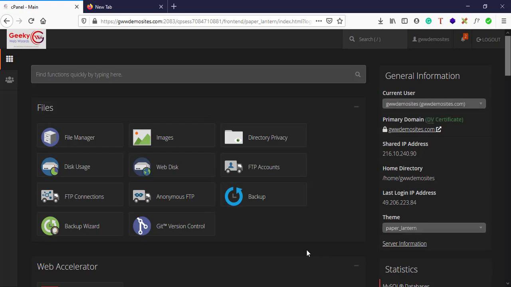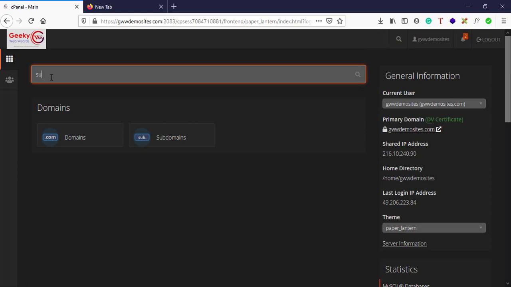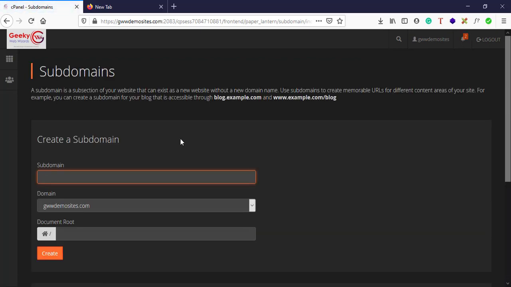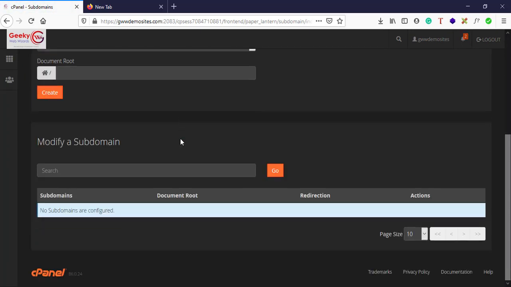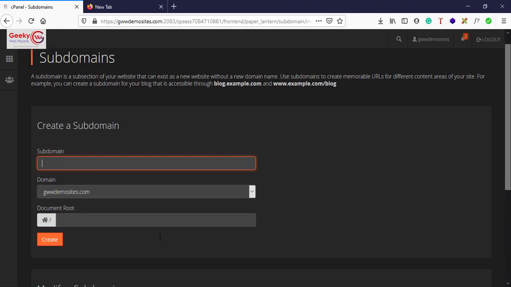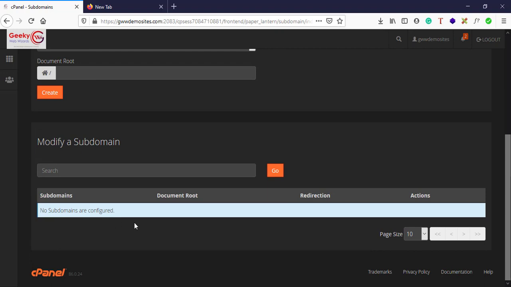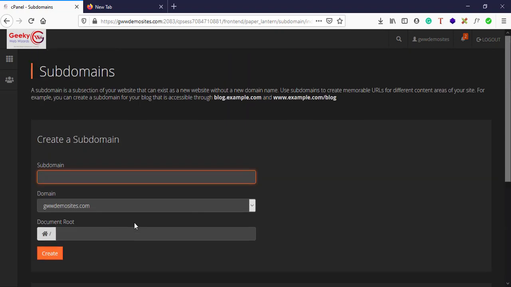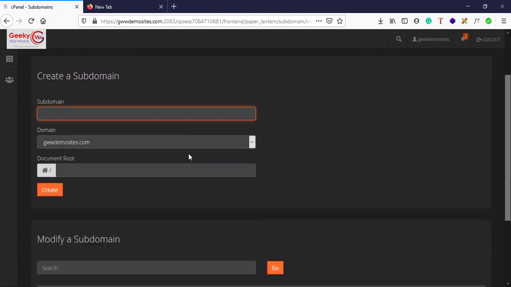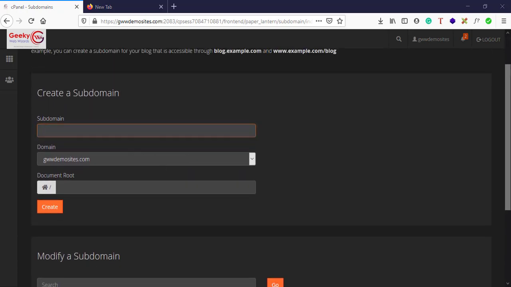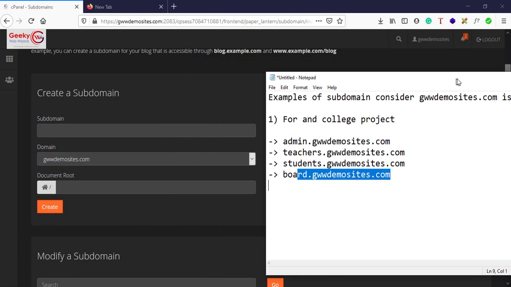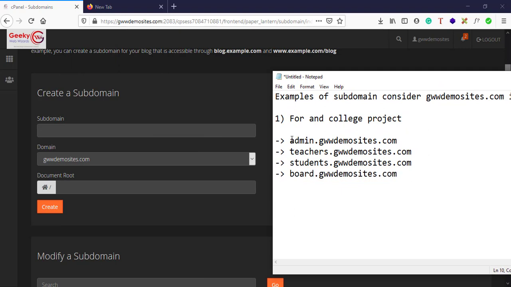Once you log into cPanel, in the search box, just enter subdomain. Once you get this option, open it. On this page, you can see if you have any subdomains in your cPanel before. If you have created any, they will be listed here. Right now, there are no subdomains. Now we'll create these subdomains. The first one is